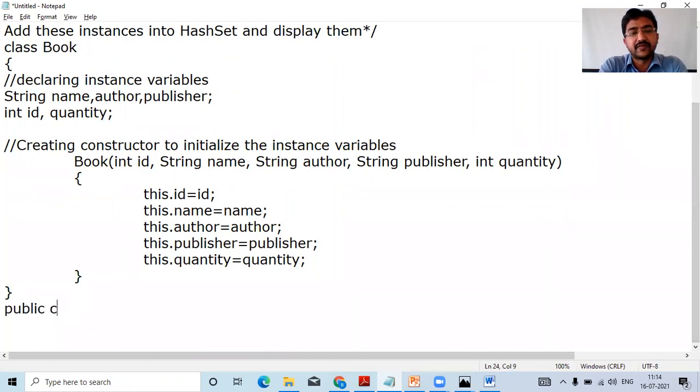We are creating one more class called book class hash set. Remember, this is the class we are creating for the main method. Now call the main method, public static void main.